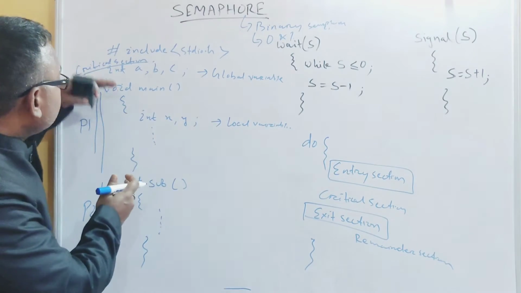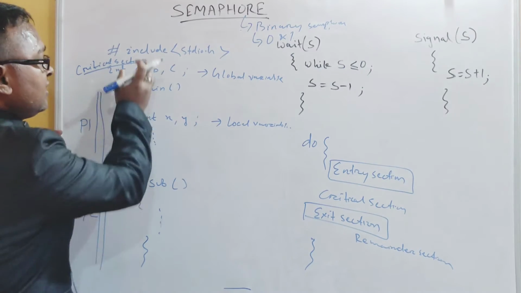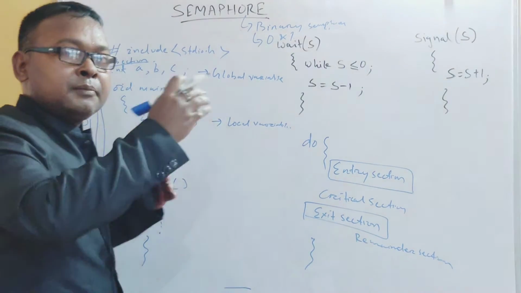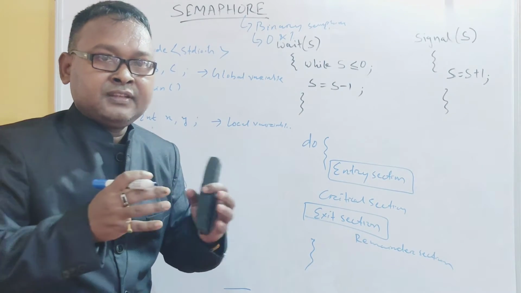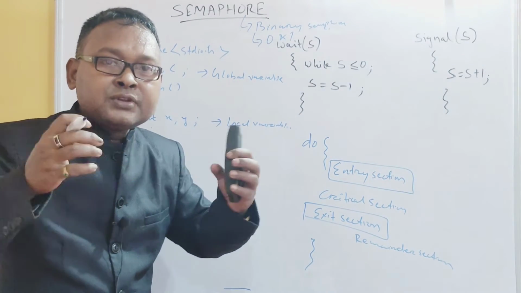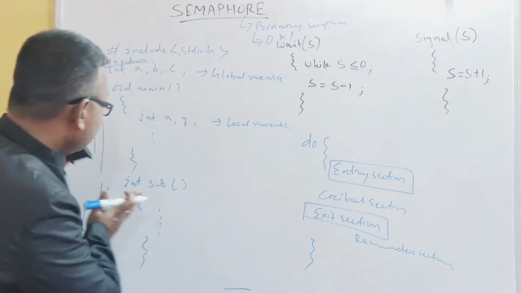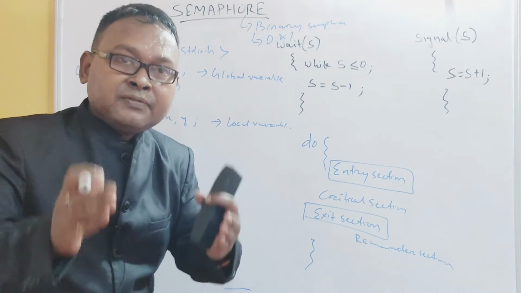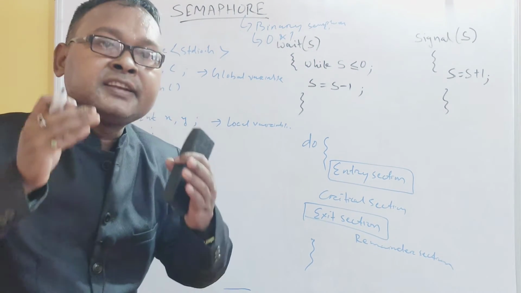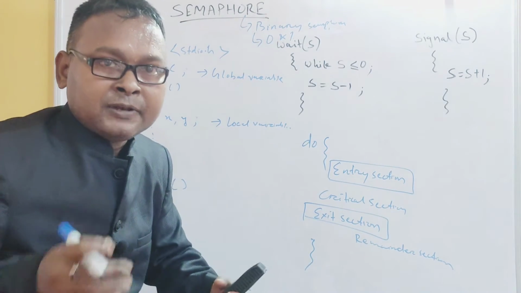As there is a problem of critical section, a lot of processes will try to access the global variable. By doing so, a lot of processes will get into conflict. When the processes conflict, the problem arises, that means they are not able to access the global variable. That is the conflict which we call the critical section problem. So we need to solve the critical section problem.